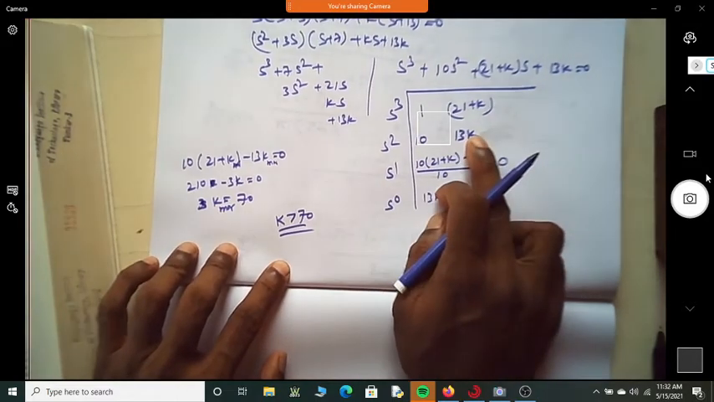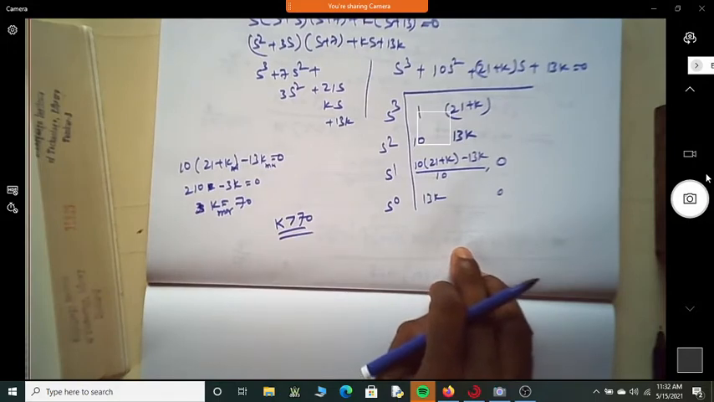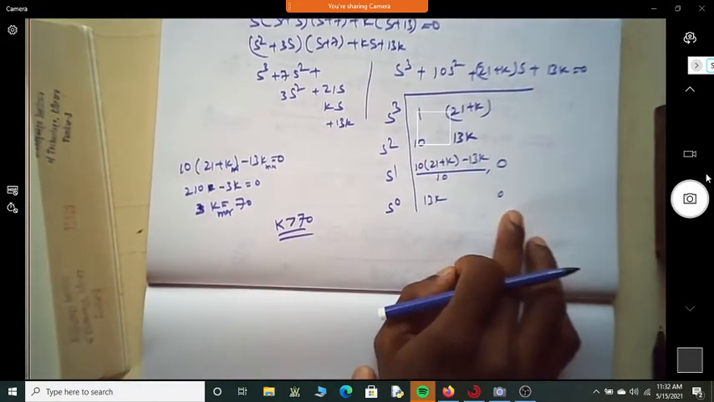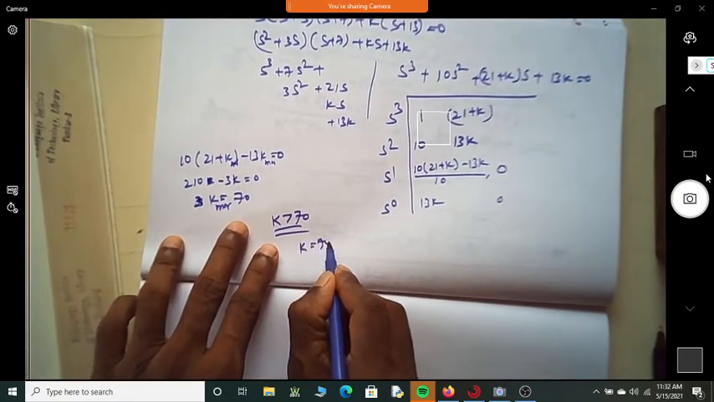This term is negative. What does it mean? Meaning there are two poles to the right of the S-plane, so the system is unstable. If k is 70,